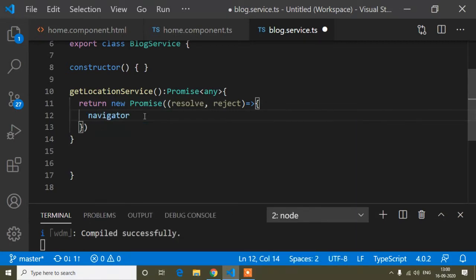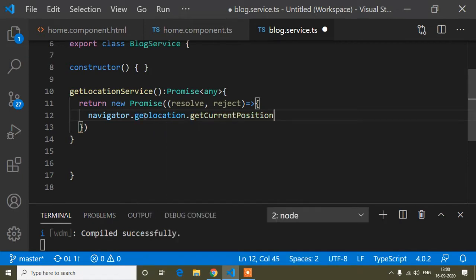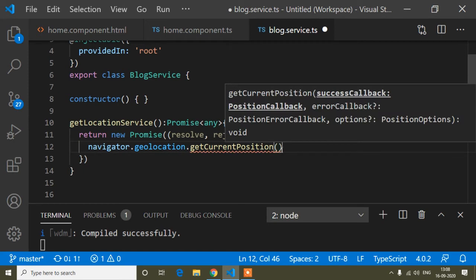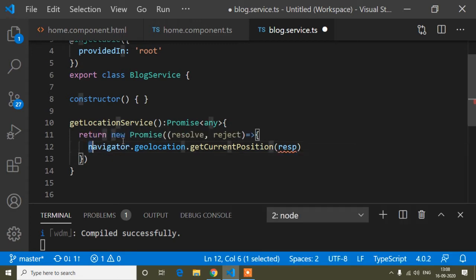So navigator dot geolocation dot getCurrentPosition, and now response. So this is the parameter also. If the function is successful, then inside this response parameter I will collect our lat and long. So fat arrow function, and now, as I said before, when our function is successful, we pass it in resolve.